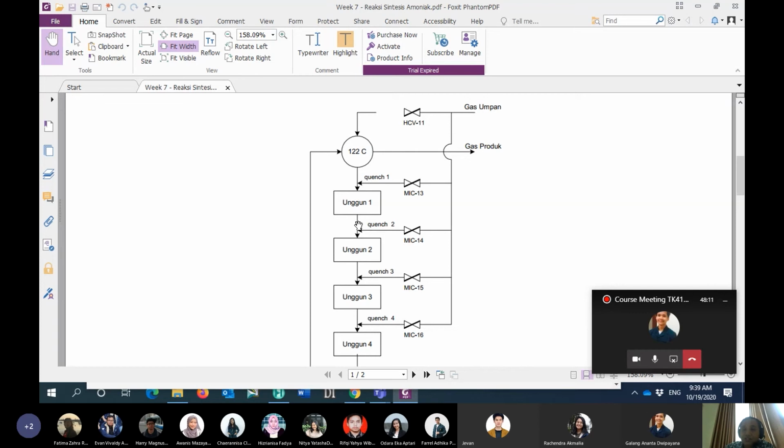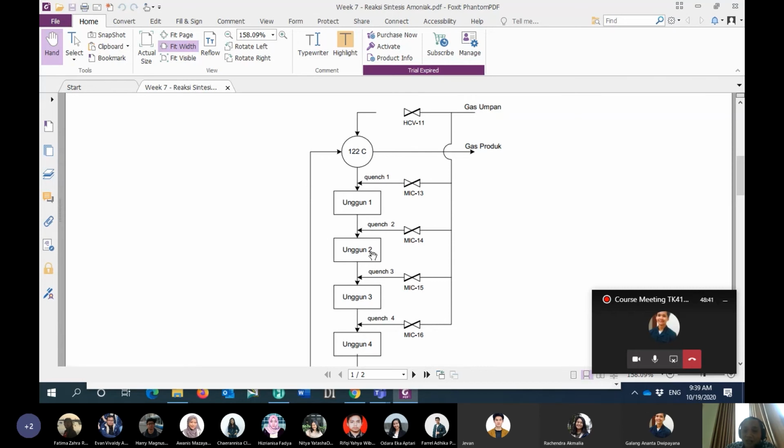In order to reduce the temperature, they will split the feed gas, which has a temperature of around 128 degrees C, and then some of that feed gas is combined with the outlet of bed number 1 to reduce the temperature. So we maintain a lower temperature for bed number 2.